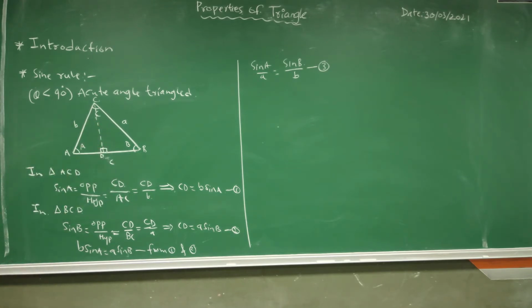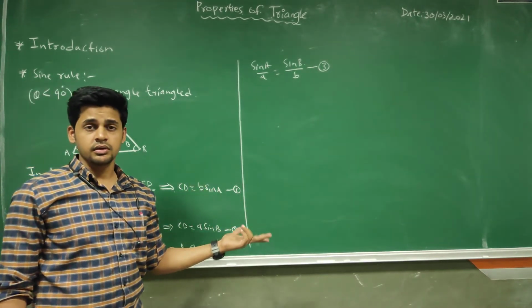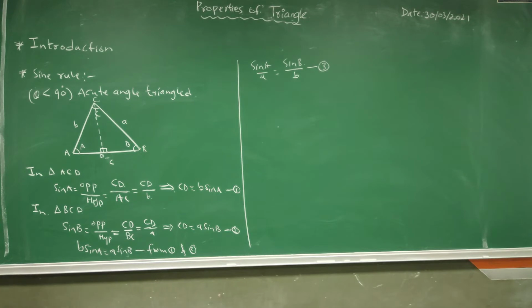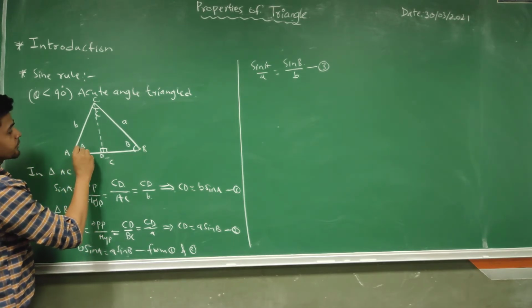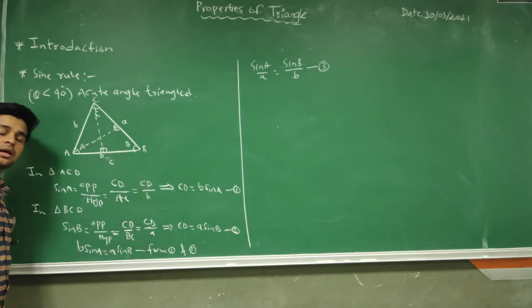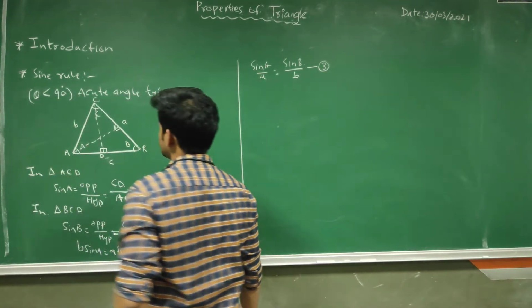So now, as I said, the sine rule is nothing but there are 3 equations. So we have only 2 equations. So we need to find the equation for C. We have to apply sine over here as well. So I am going to draw a line here. So I will get again 2 right angle triangles. That means I am able to apply sine in this triangle. I can apply the sine rule here and here. Okay, so just see here.